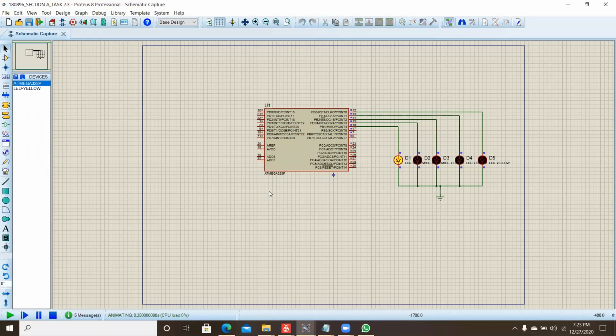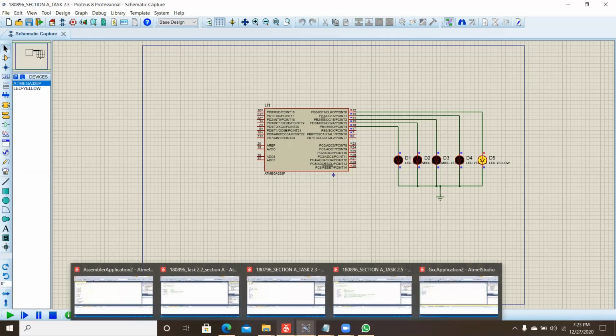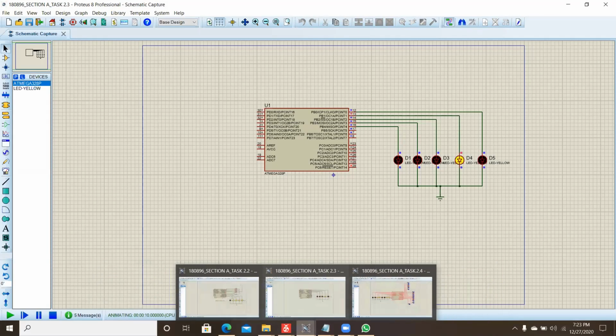I had already uploaded the code in this microcontroller, and this is the charging and discharging of the LEDs. And then moving towards our task number 4, which is to take the values. If the values are same